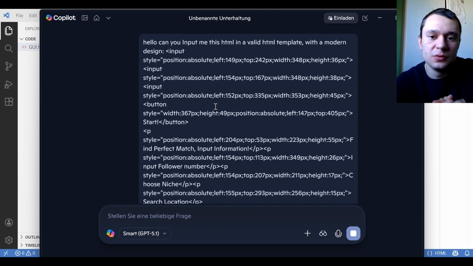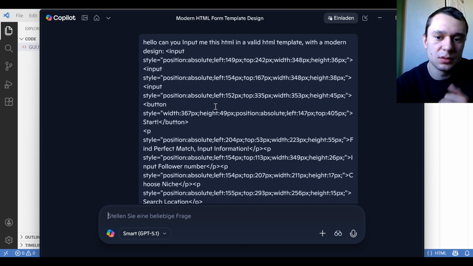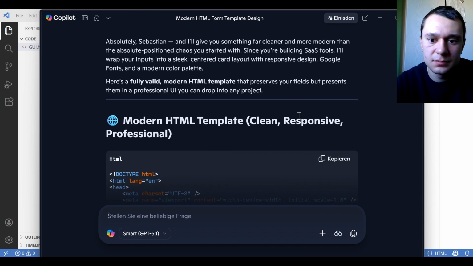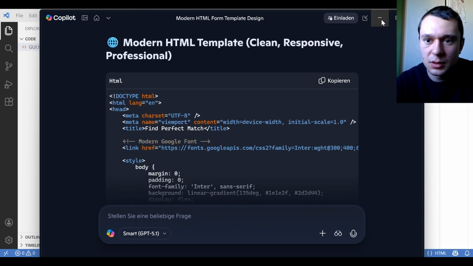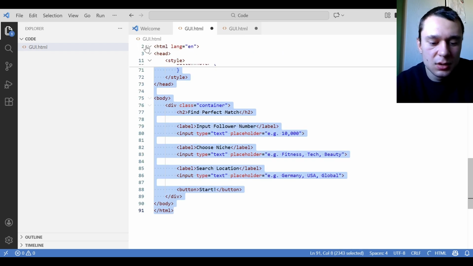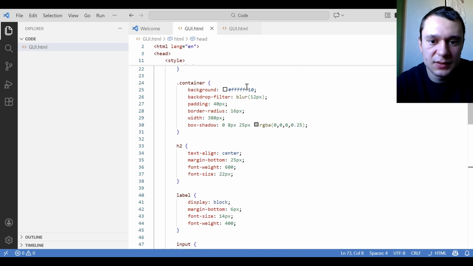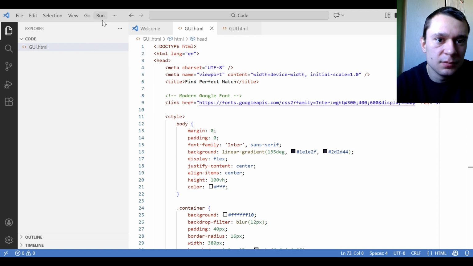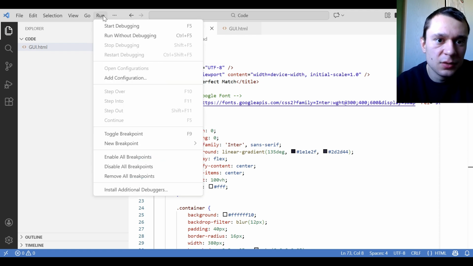So you use your generated HTML code as part of the prompt so that the program knows how to help you. Then we just copy it and look what it will give us. If anything goes wrong, we can just generate this block again. So if you now want to run this, then you need to go on run and